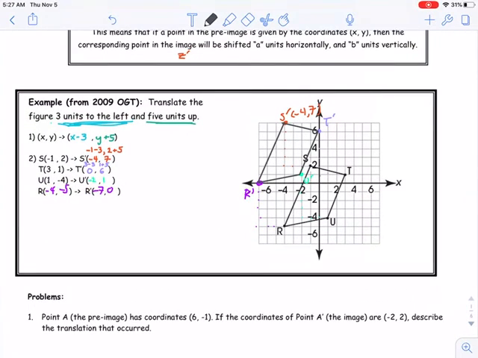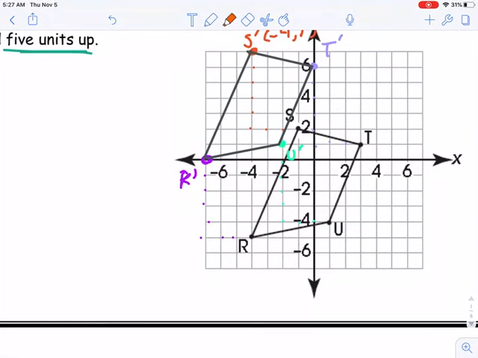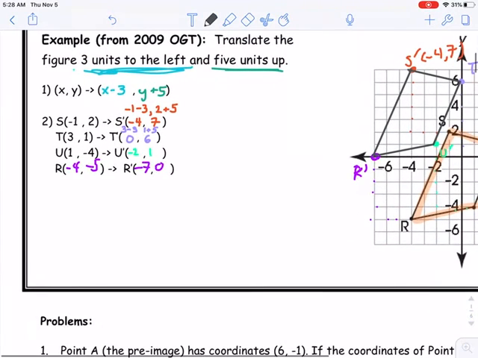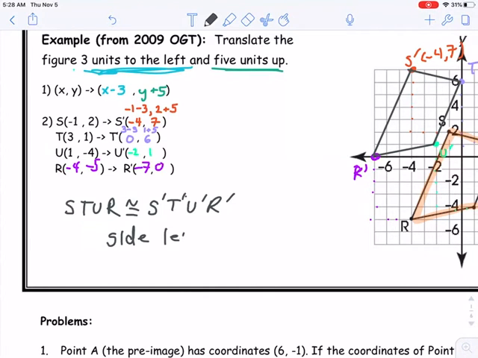Pretty cool, huh? What we could also do, just to prove that these images are congruent, is trace it the best I can. Then watch this. Boom, see how I can slide it right on top? All the side lengths are the same, all the angle measures are preserved. Remember, this is a quadrilateral. I could say STUR is congruent to S prime, T prime, U prime, R prime. Side lengths,